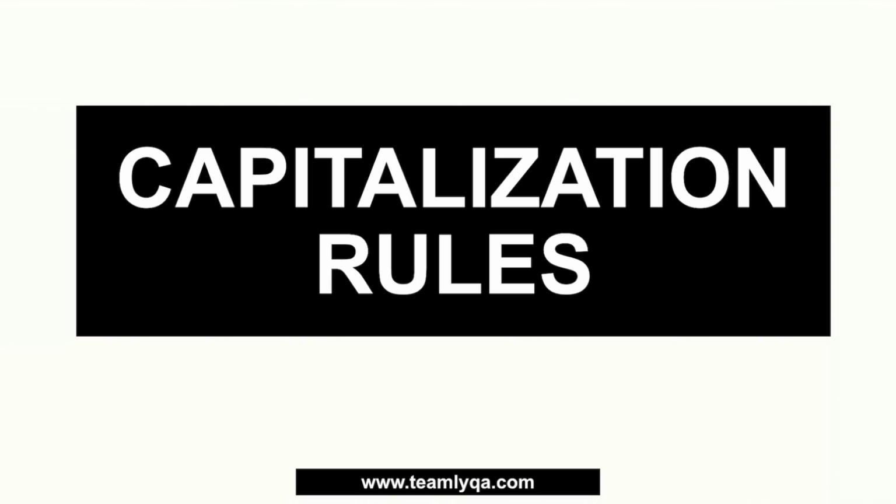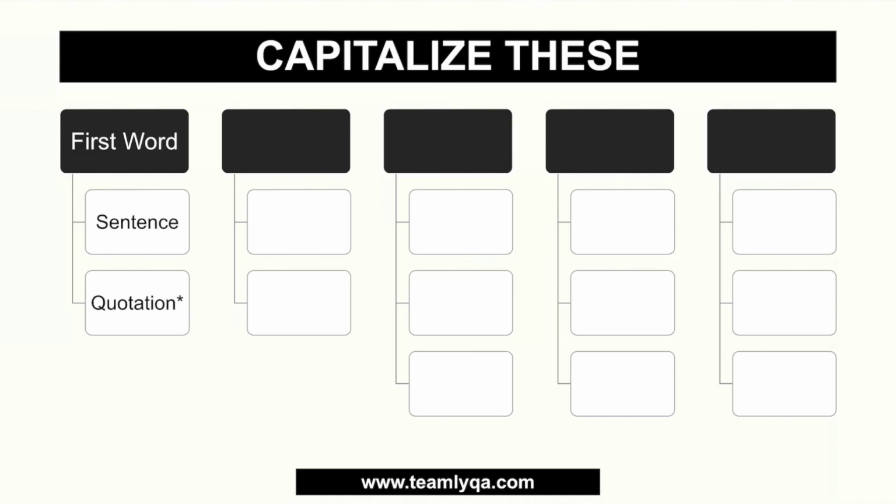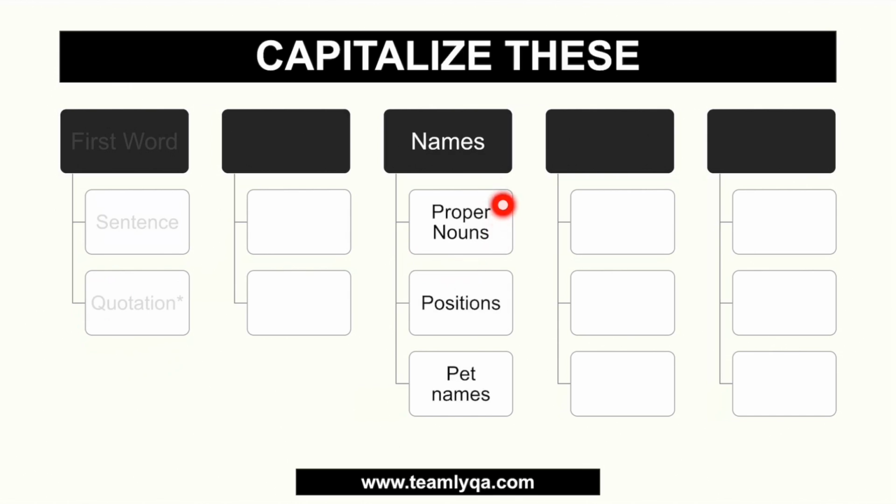Okay, so part 4 ng ating series on capitalization rules. So we already talked about yung basic rule when it comes to yung first word ng sentence or quotation. Again, sentence all the time, dapat first word nakakapitalize. Sa quotations, depende kung sentence ba yung nasa loob ng quotes. We already talked about yung names. So all proper nouns dapat nakakapitalize. Ang mga positions, well, depende. If you use it as yung proper name or pet name, pwede. Kung kadugtong siya mismo ng pangalan, yes. Pero kung hindi, hindi. So again, all of these naman nakalink dun sa I button sa taas, dun sa ating full series on this.